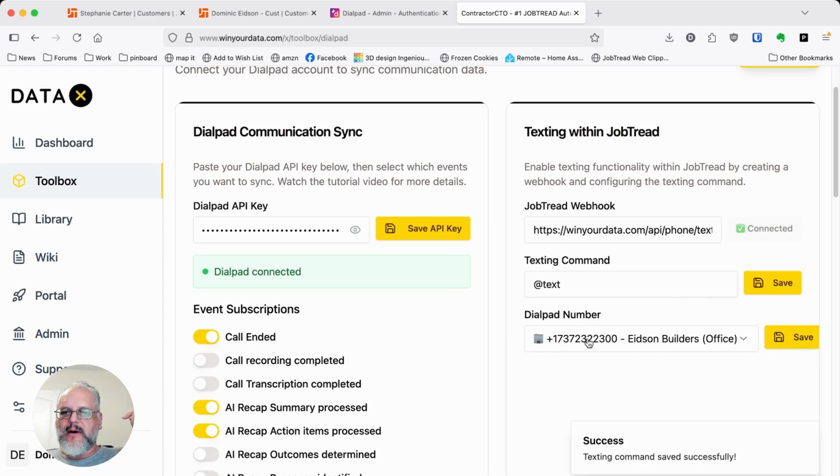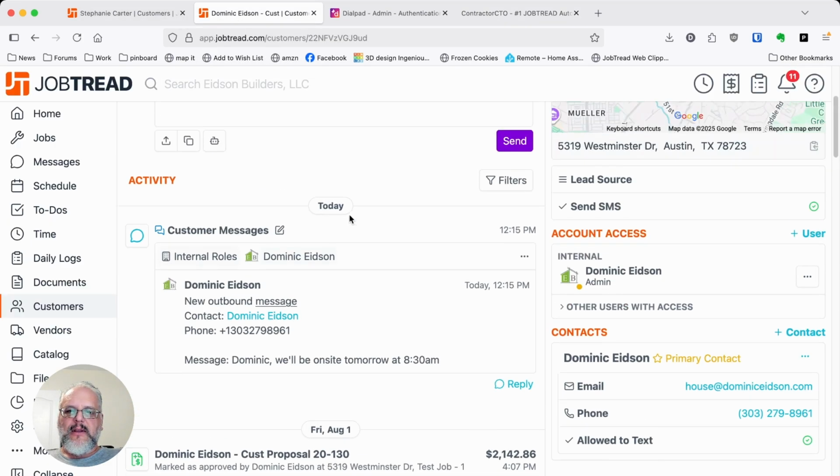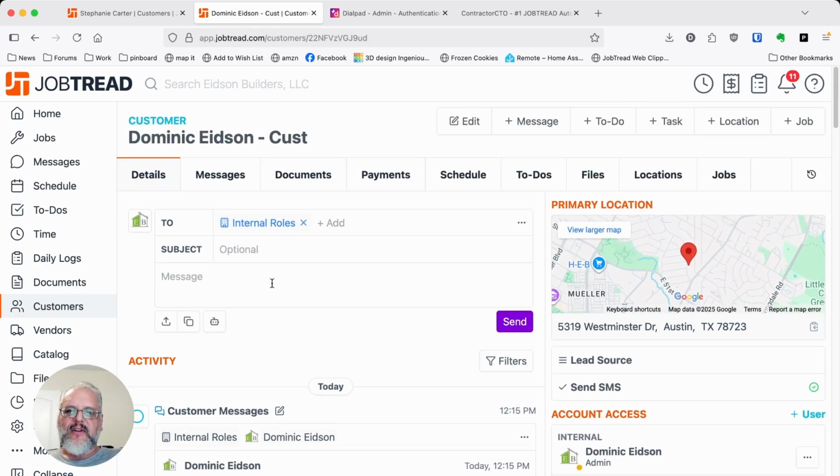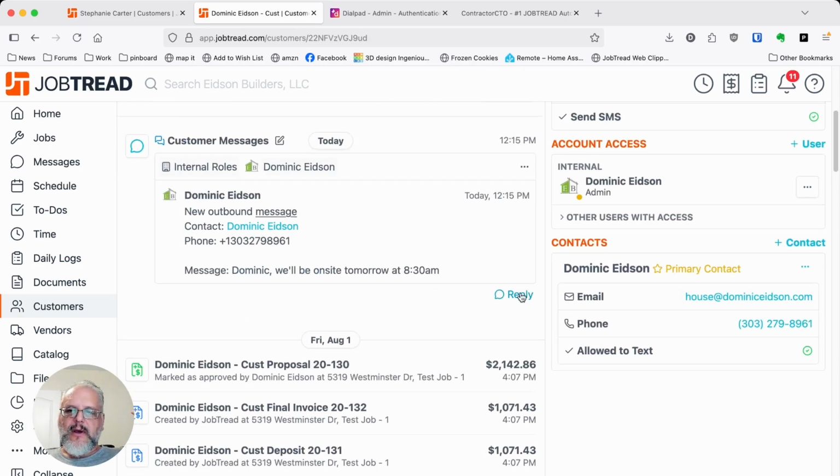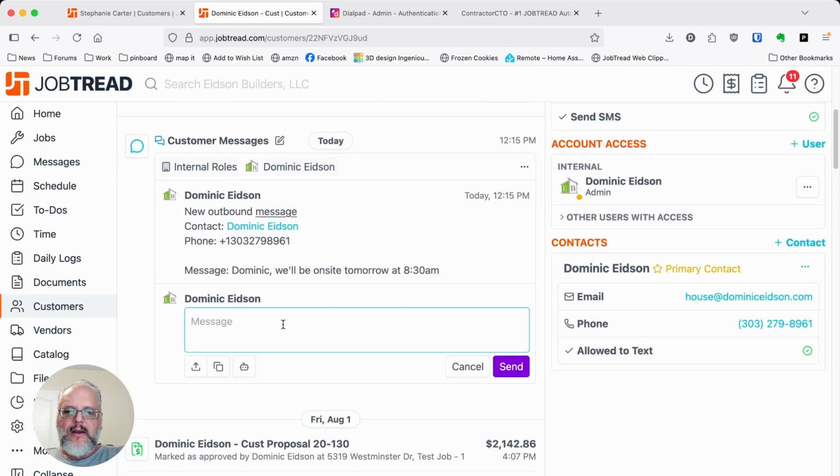And then I'm just going to choose the office so that any messages that I originate from inside JobTread to send messages out to people comes from the mainline number. So what that looks like is here I have myself as a test customer, and I can click on this and I can say text, hey,